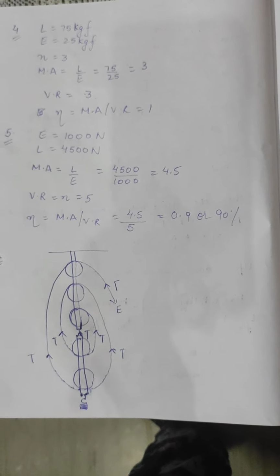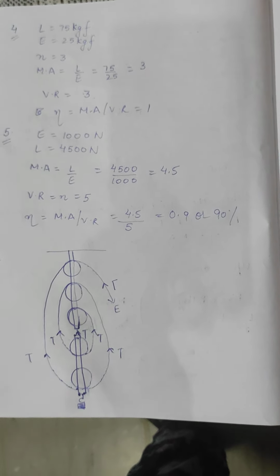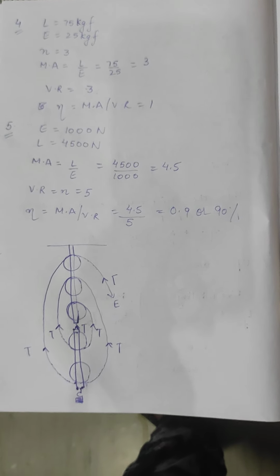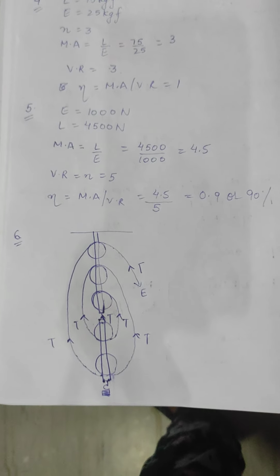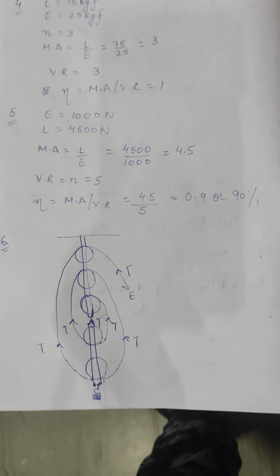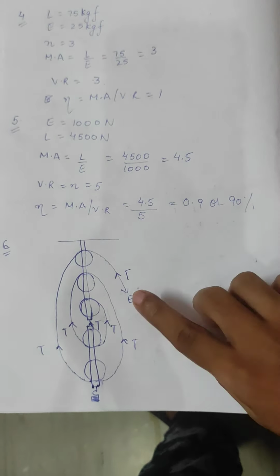Okay. Now the sixth question they have given you. See in your book they have given you 5 pulleys, 5 strands. So the first thing is to draw a diagram. These kinds of questions are very important. Draw a diagram means that whenever they tell you to draw a diagram, you have to mark every tension. You have to mark where the load is, and where the effort is. Okay, it should be a complete, well-explained pulley diagram.